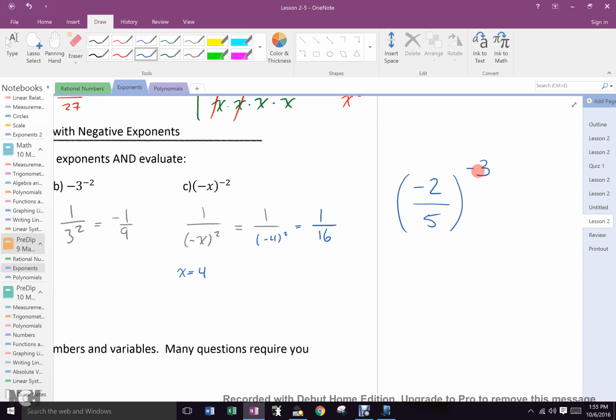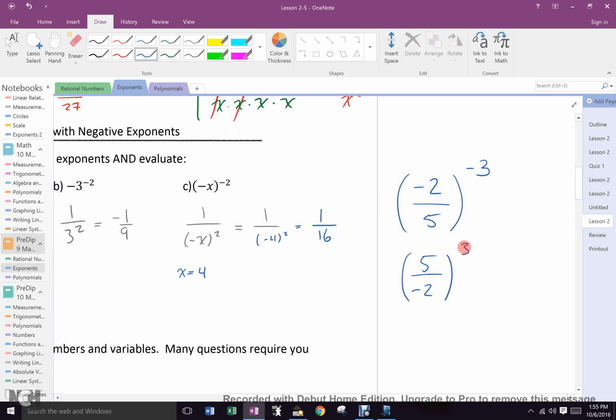No, negative 125 over 8. Negative 125 over 8, which is the same as 125 over negative 8. They're the same number, yeah? Okay, Jack's right with his final answer. He's wrong with his explanation, okay? As soon as I see a negative, what should I do to this fraction? Flip it. It becomes 5 over negative 2